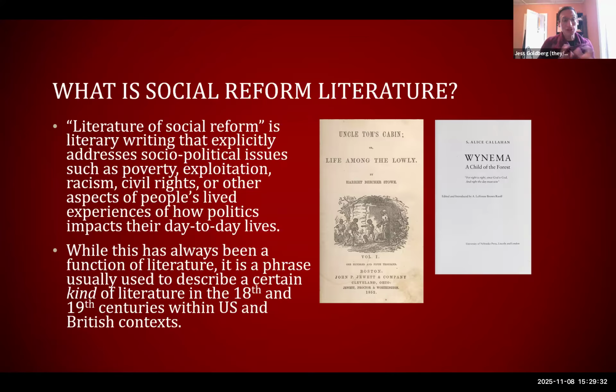So this has always been true of literature, right? Literature in every era, from every tradition that you can think of, national tradition, ethnic tradition, has somehow had a bunch of texts, a bunch of things that are about social and political issues. However, in the 18th and 19th century in US and British literature, there started to consolidate a kind of style, a kind of literature, where it was more than just what it was about, but how it was